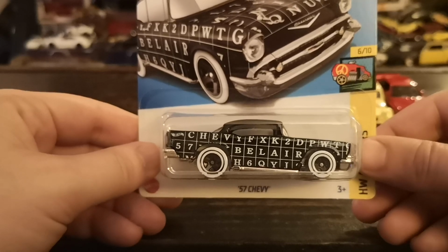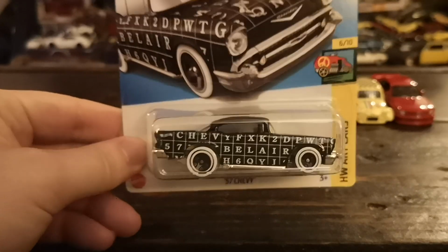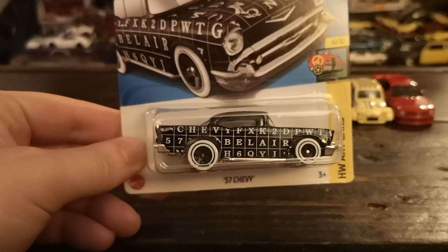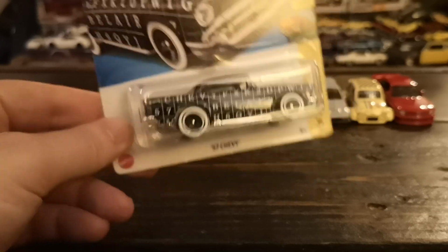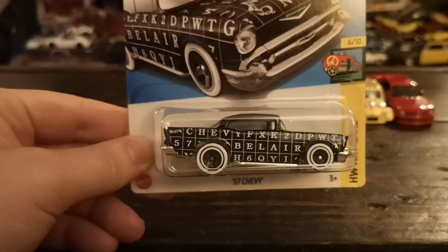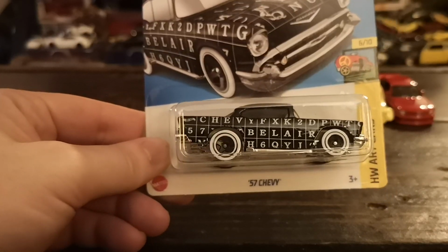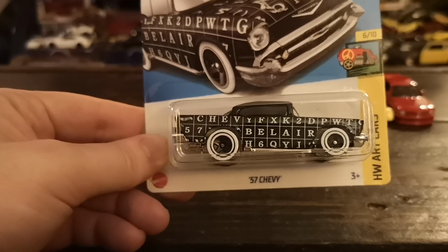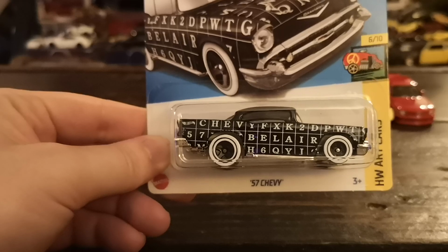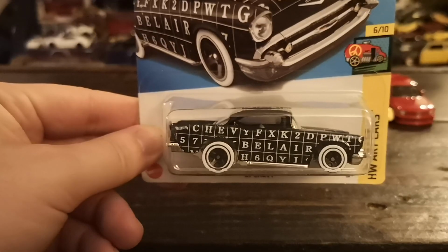Very cool. This is a casting I definitely love because it brings me back to the Hot Wheels I had as a kid, you know, in the 80s. 80s and early 90s, these were really big. I remember them being on the little black wall tires and whatnot. There was really cool. I think I even had a color shifter one of these. Not the new one that I do have, but one of the original ones, the all metal on metal, and really cool ones. This one is cool because the livery's kind of like that